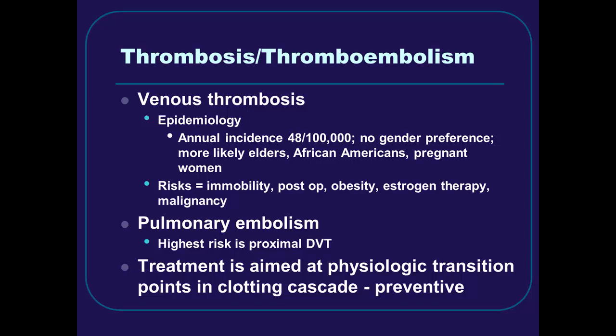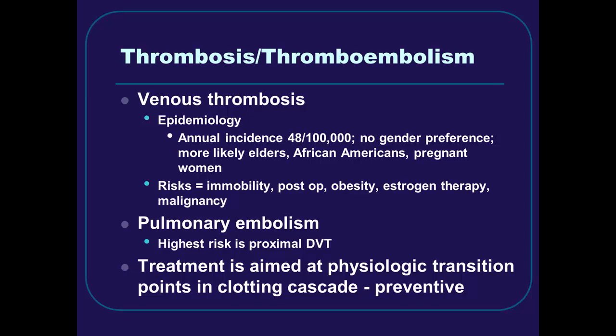Now, again, as you know, we don't talk about treatment in this course. However, I think sometimes it helps us to remember, as we're trying to understand clot and hypercoagulable states, if we think about how we do treat this. And when we treat venous thrombosis, when we treat embolic disease or thrombotic disease, our treatment is aimed at physiologic transition points in that clotting cascade. Our preventive strategies are also aimed at physiologic transition points in that clotting cascade, as well as decreasing other risk